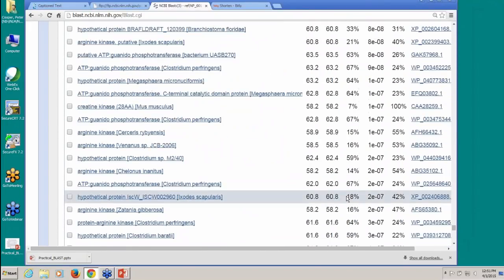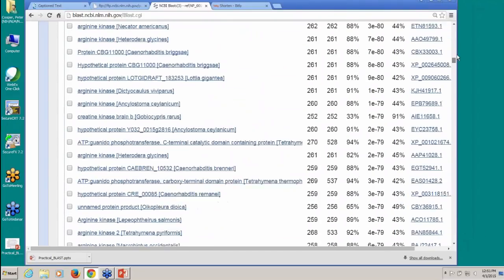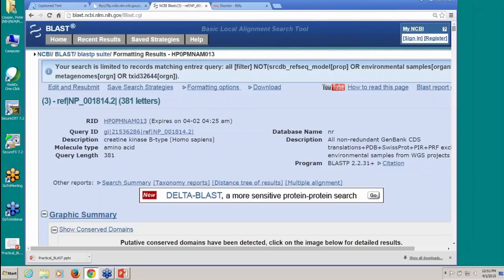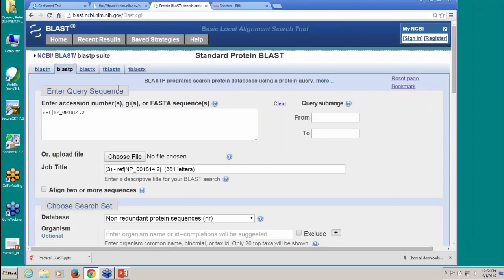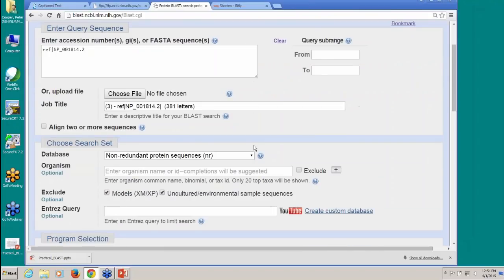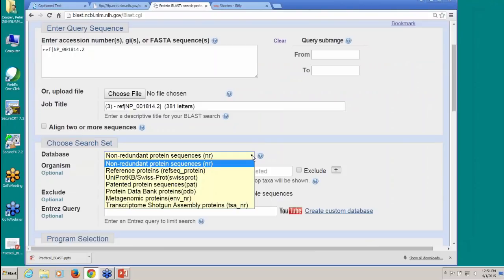I think I'll show you one from the next set, which is a little bit prettier and cleaner to look at. So what I can do to manage my BLAST search is, if I don't like what happened when I ran a search, all I have to do is hit edit and resubmit. And what I'm going to do here now is change the database, which is an important thing to do. I can change it to a subset of NR, and I'm going to change it to our reference sequence protein set,